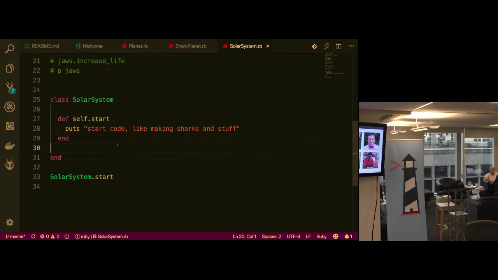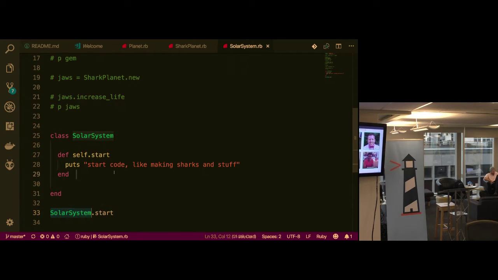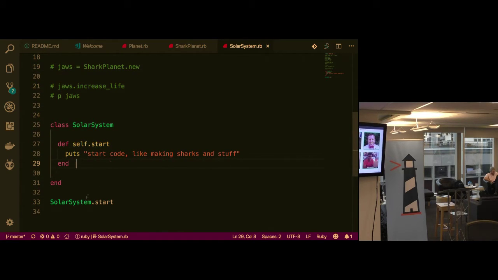Most of the time. The reason I want to bring this up now is because you will see this used in Rails a lot, and probably even tomorrow in your active record stuff. You will see class methods used. And I just want to point out that there is a difference between a method you call in a class and a method you call in an instance of a class. So I'm not creating a new instance here.